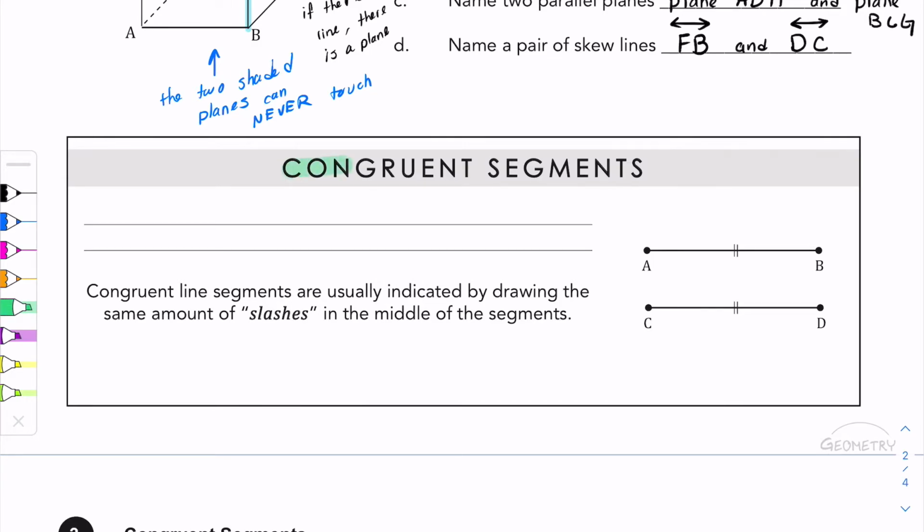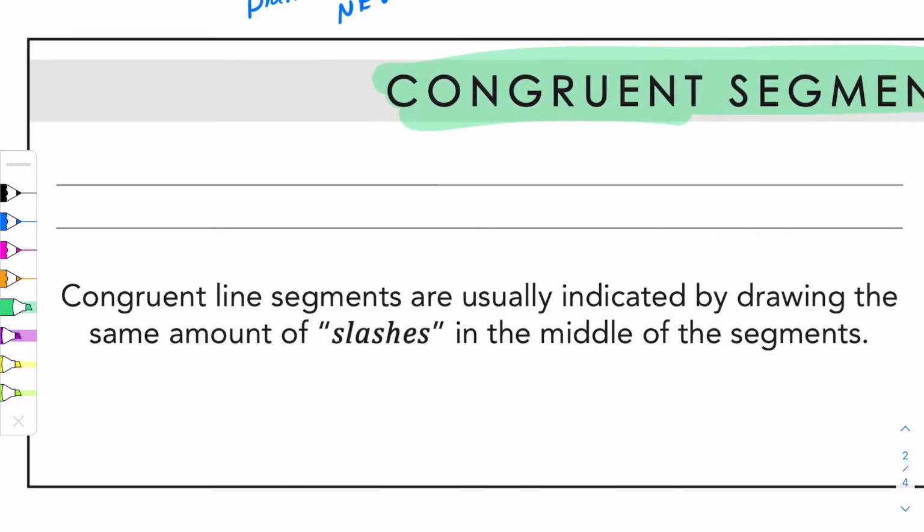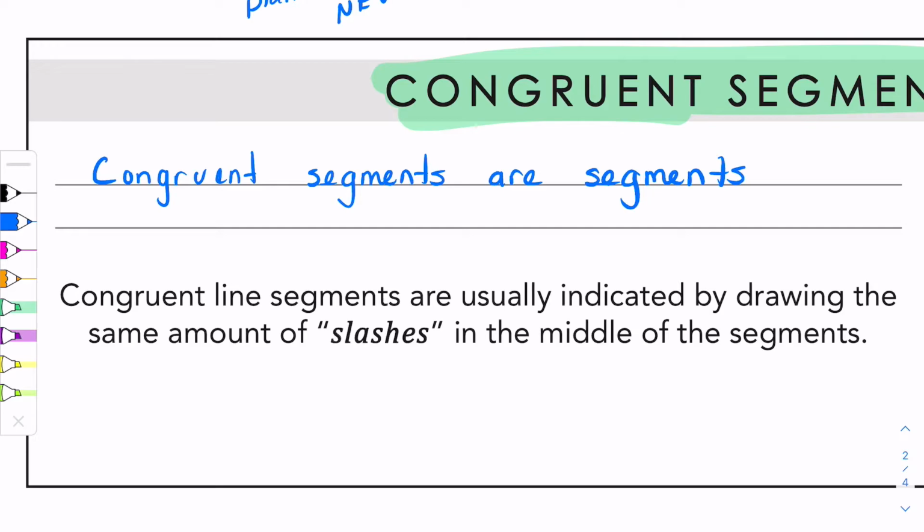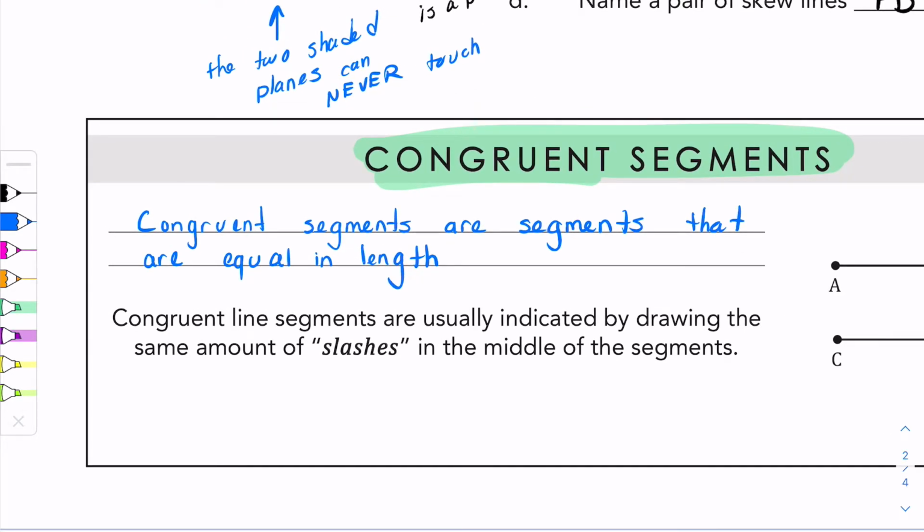Next, we're looking at congruent segments. And congruent segments are extremely important for the entire school year. So congruent segments are segments that are equal in length. Congruent line segments are usually indicated by drawing the same amount of, in quotes, slashes in the middle of the